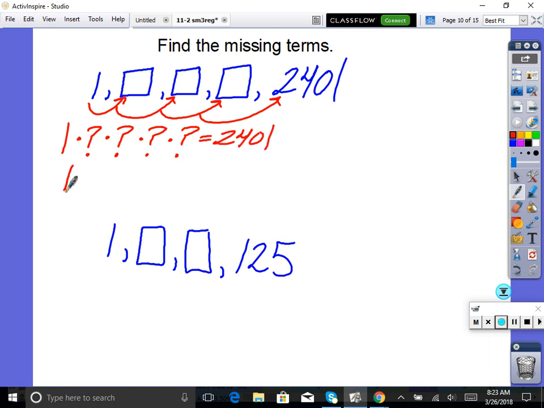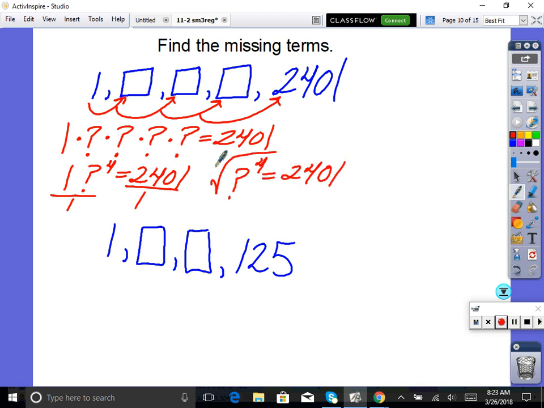So now we have 1 question mark to the 4th equals 2401. So to solve, we would divide by 1. So we would have question mark to the 4th equals 2401. Then you would 4th root both sides. We just took an even root. Even roots need plus or minuses. So you get question mark is equal to plus or minus 7. So then you've got to list out 2 answers for this. If you times by 7, let's do positive 7. So if you times by 7, you'd get 7. Times by 7, you'd get, times by 7, you'd get